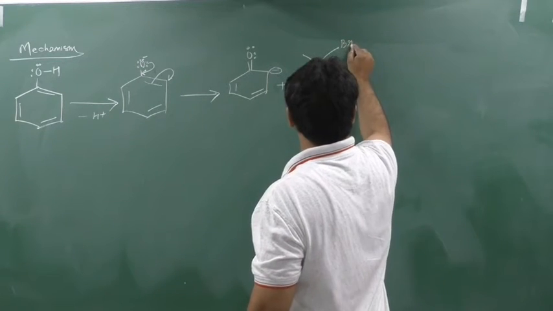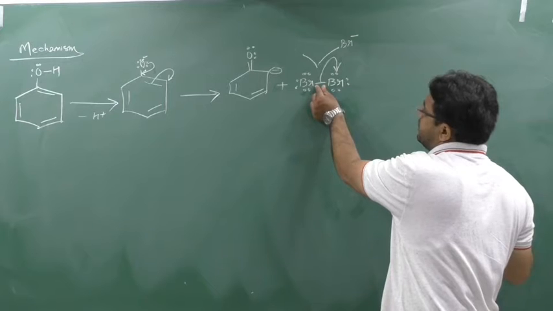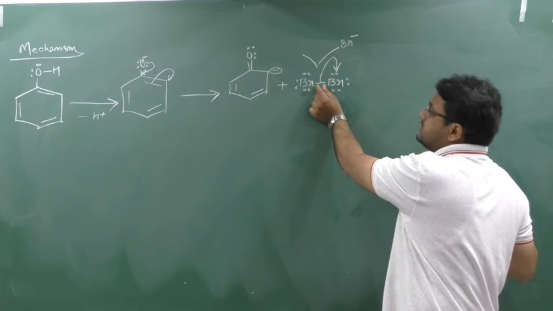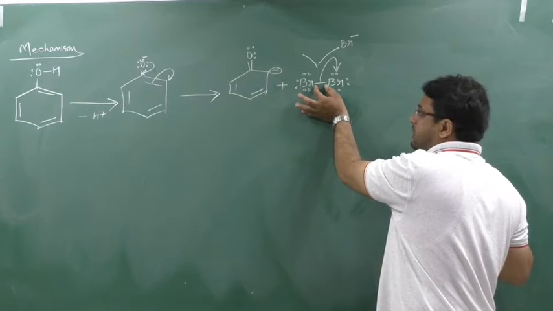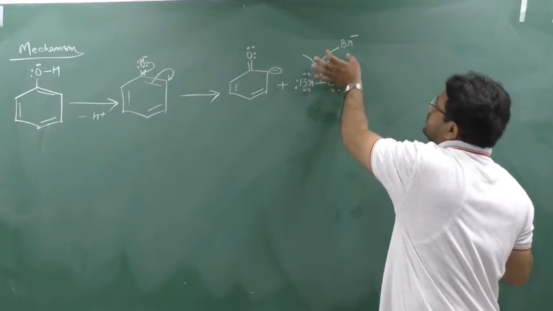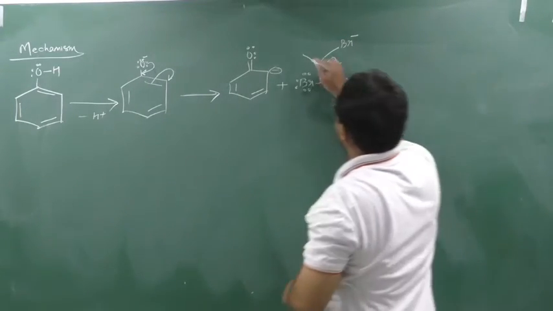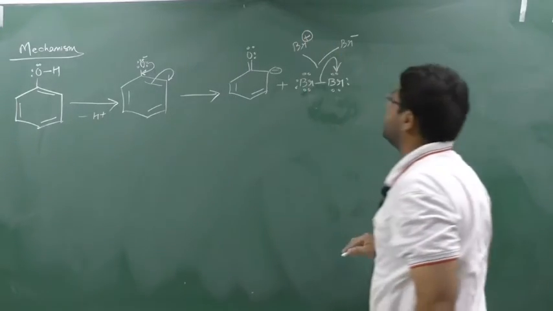One who gains the electron creates a minus charge. So this is a bond. This bond is shifting onto this Br, meaning this bond contains electrons, and these electrons are gained by this Br. So when these electrons are gained by this Br, this Br will have a negative charge. This Br is giving the electron, so this Br will have a positive charge. So this is the electrophile generated.